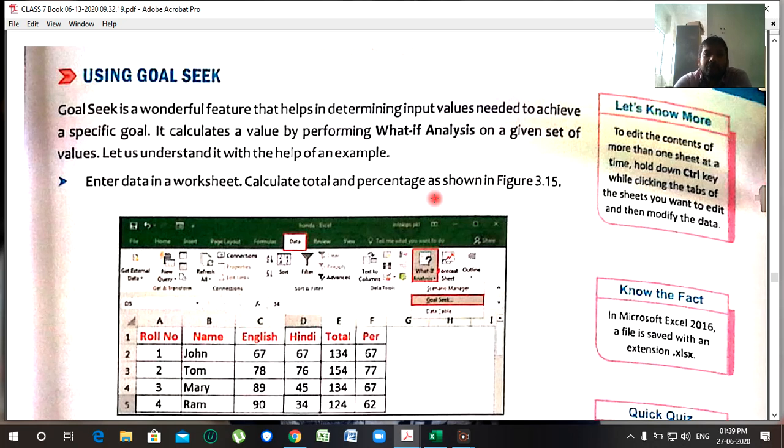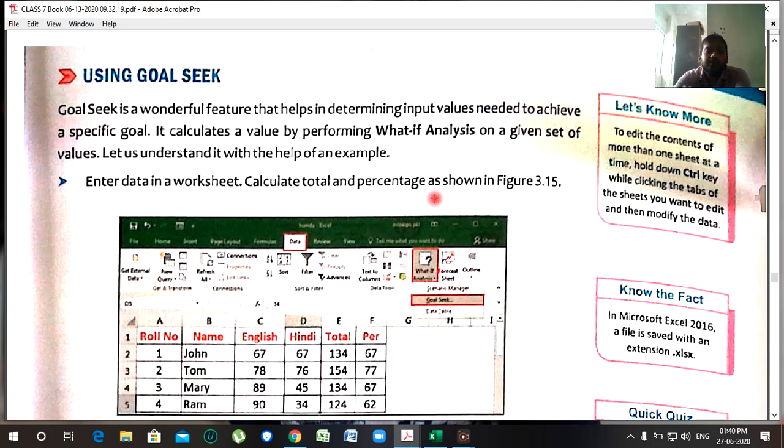Okay, what does goal mean? If you want to set a value, and that value has some importance, meaning an achievement, it will change the other value also. Okay, you are going to put the goal, meaning the future value, maybe you can say that, but it is the goal value, meaning we are going to put the new value.